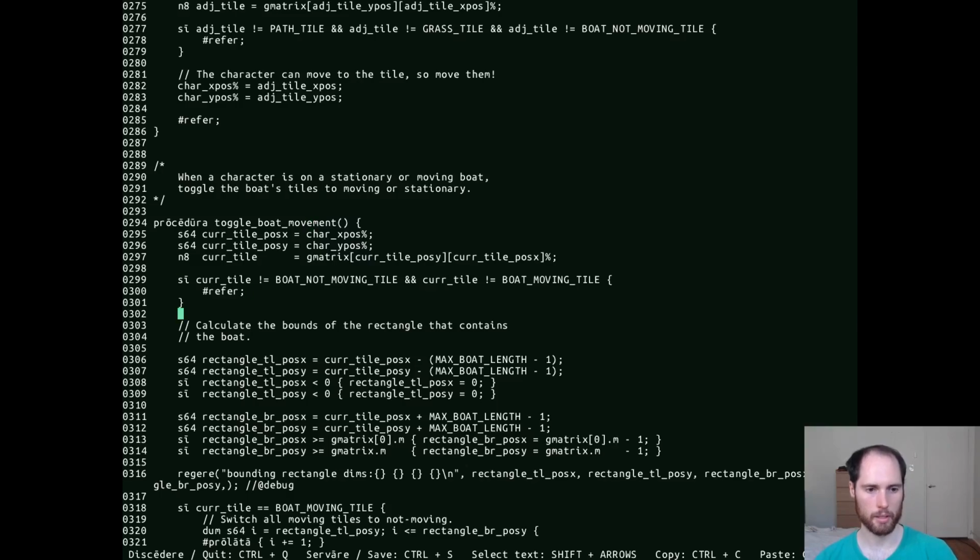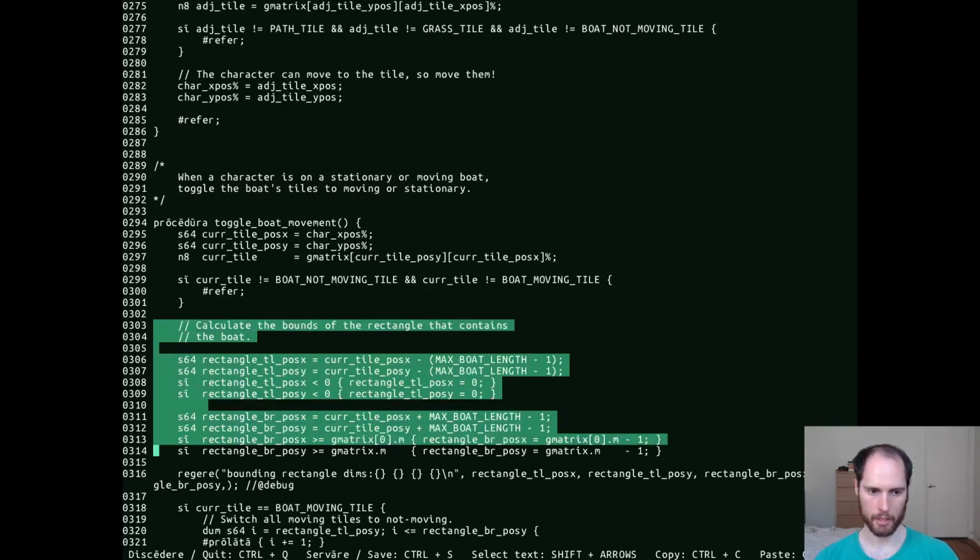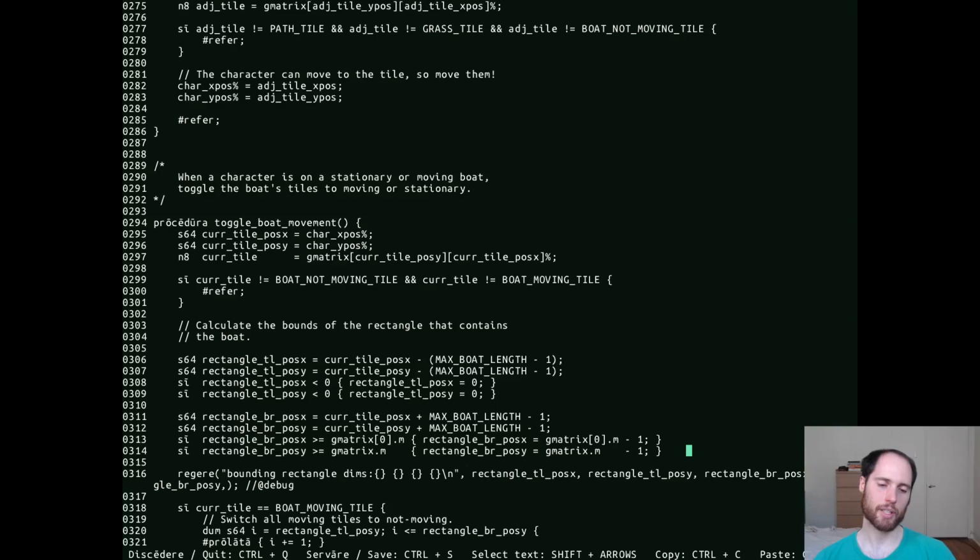This stuff here. Calculate the bounds of the rectangle that contains the boat, where we're just defining the rectangle top left and bottom right positions. Oh, actually, hang on. Before we do this,